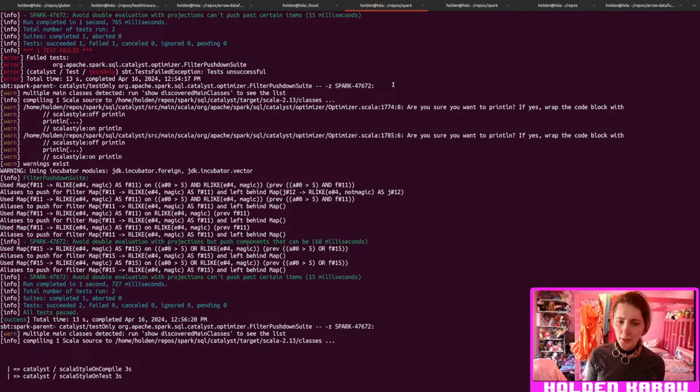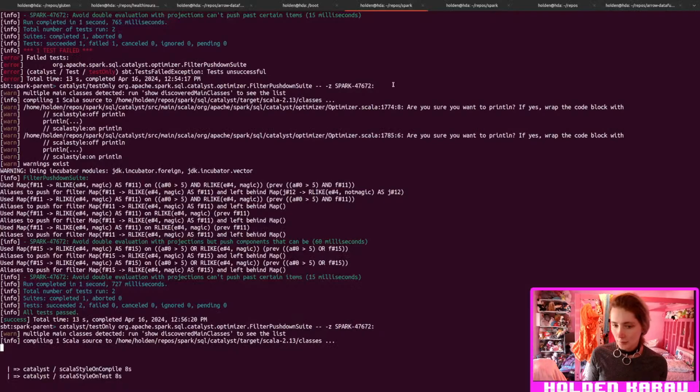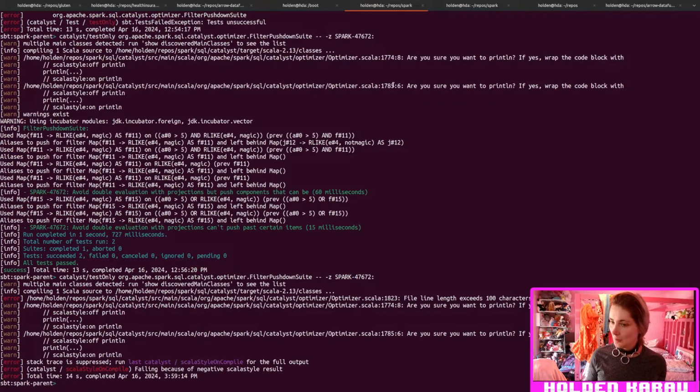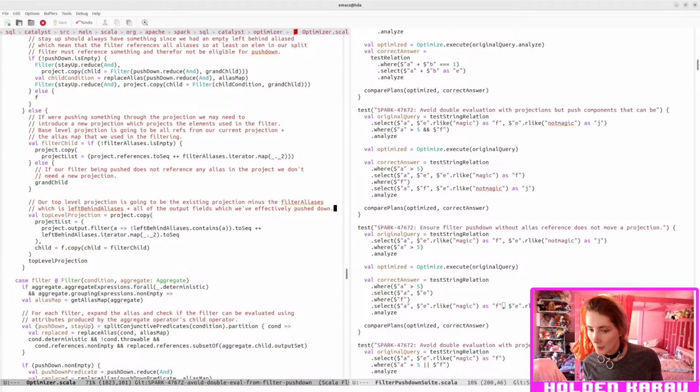We might need a code change to support this now that I think about it. Optimizer 1823. We've effectively